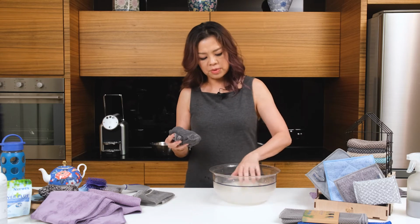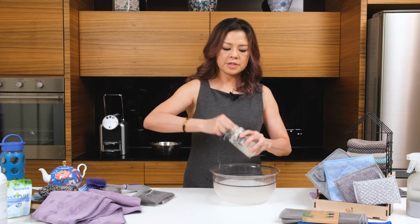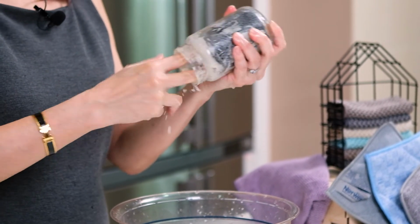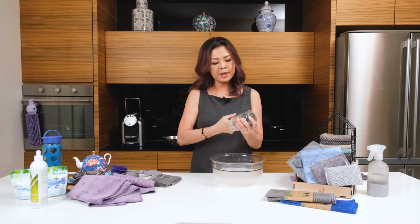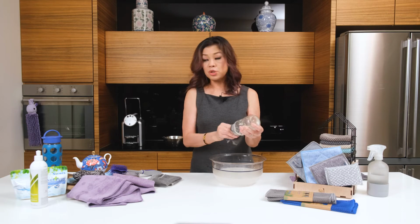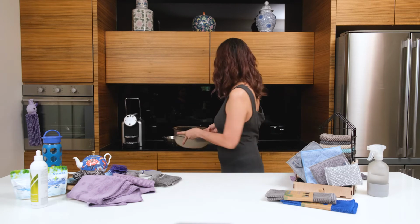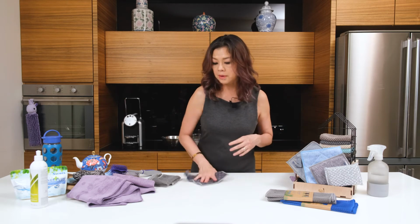So now if I were to just soak this inside, the good thing about the cloth is you can actually shove the whole cloth inside to scrub out the dough. Now this has been left again overnight, so a bit more scrubbing is needed to get it out. And I will proceed to do that in a while, right? Because I want to move on to the program. I will proceed to do it in a while and I'll show you later the effects. Meanwhile, I'm going to put it away and wipe up the